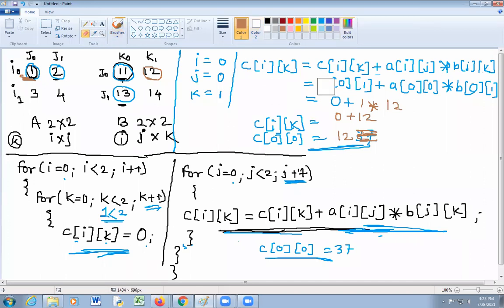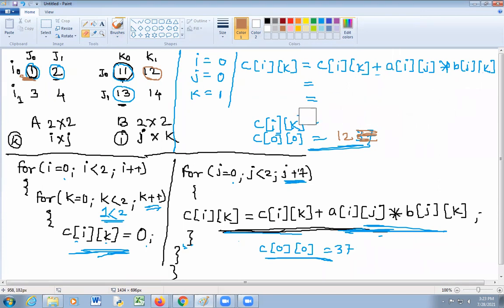Okay, then I will erase this. C of ik initial value is 12, that is c of 0 1, where the value of k is 1.